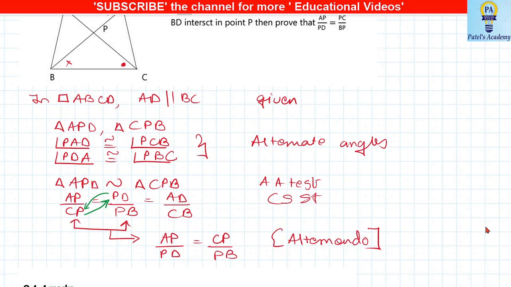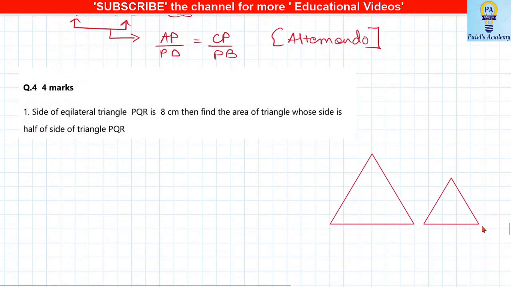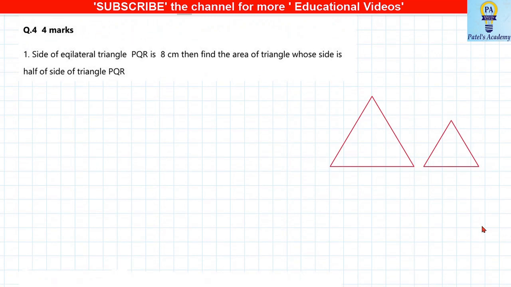Okay, so that last step we'll just write down the required form. Okay, now question number 4. First sum. Now they have given two equilateral triangles. Actually they have given one triangle, so let me give a name for that, ABC. Okay, we know that equilateral triangle sides are same, so that is 8 centimeter.